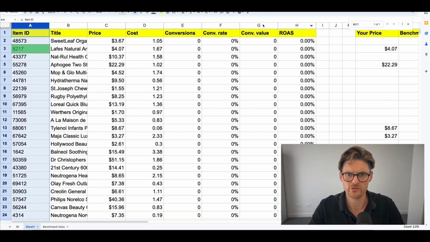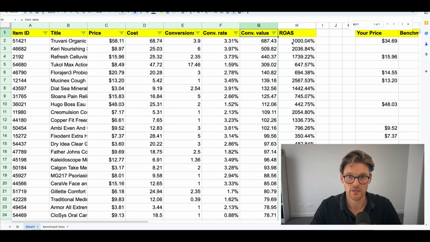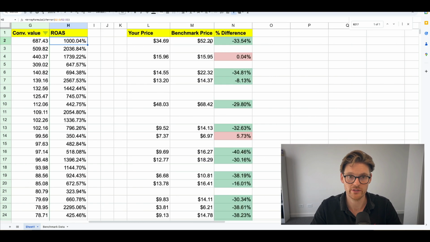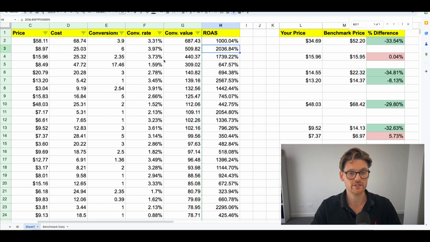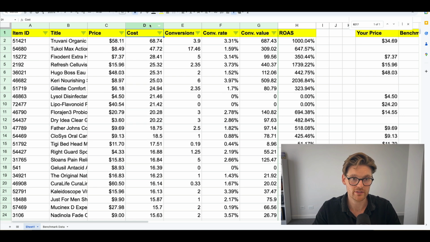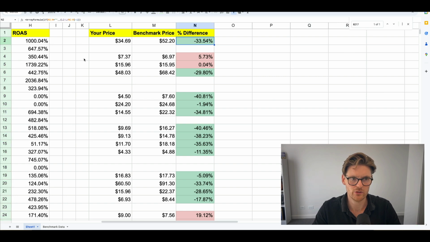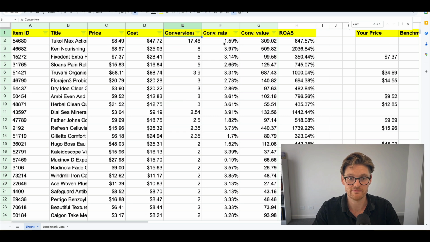And then what we can actually do here is maybe do a filter based on conversion value. So we can see products that have a high ROAS, and we can start to see what their price percentage difference is. Now, not all products, as I was saying earlier on, will have this, but when it is there, we can start to look at products that have a high cost, where we can see how much they've spent in this 30-day period. And you could do it based on costs or clicks or conversions,